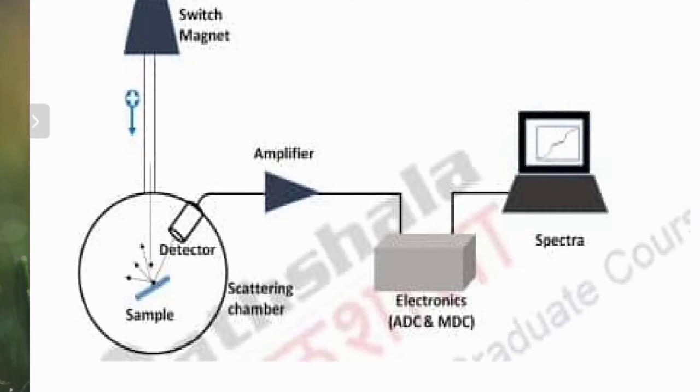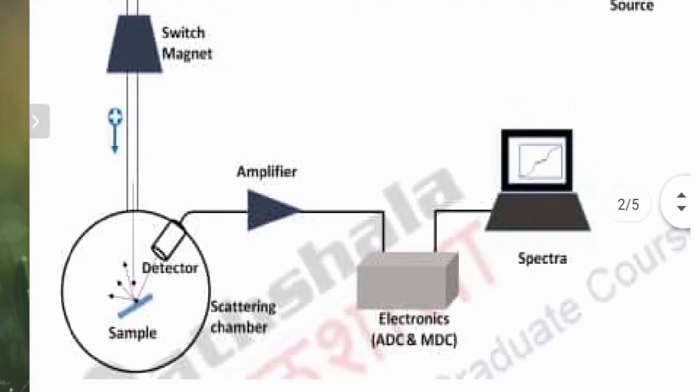For helium+ and hydrogen at 1 to 2 mega electron volts, the passivated implanted planar silicon detector is used, as it gives better resolution. Once the detector signal is obtained, it is amplified by an amplifier. A high proportion of the incident particle's energy gets amplified, and finally it is transported to the electronics, and we get the spectra.